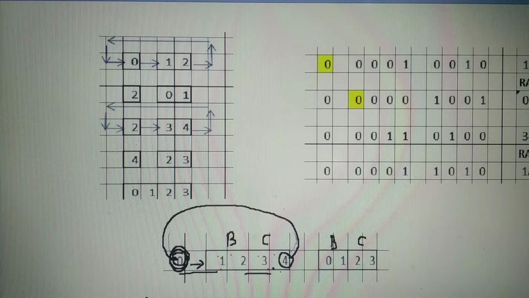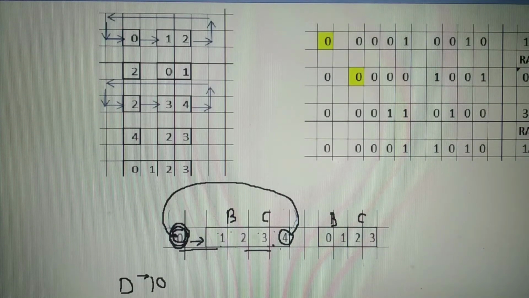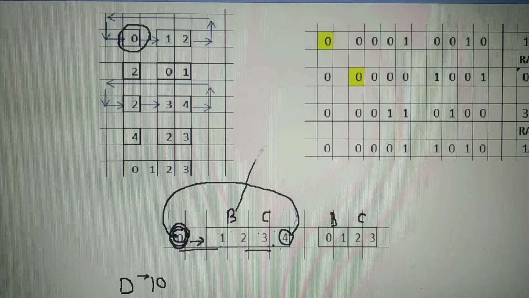Here, to get this result, first you have to make the carry flag 0. Take the number from register B to accumulator and rotate this number through carry.